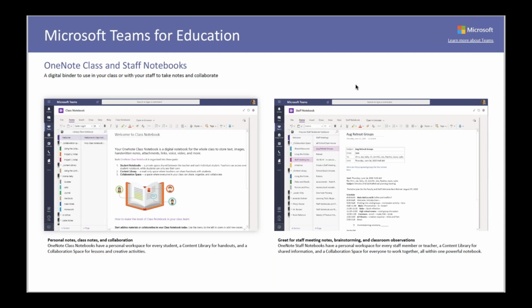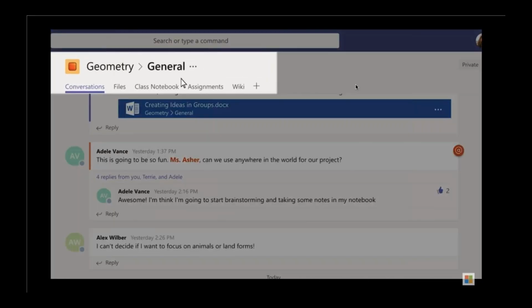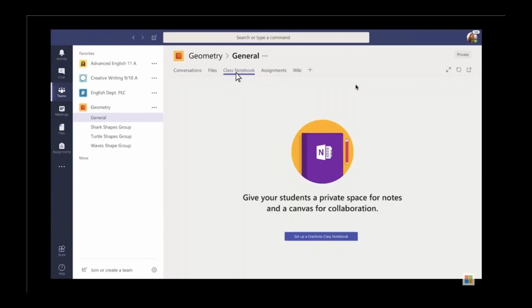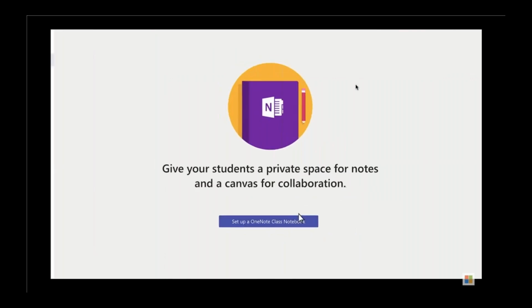Students can access, alter, and collaborate within this environment and save and create personalised work in their own notebooks. They can use their own personal notebook as a private space, which can be shared with the teacher and individual student as well. Here, you can see class notebooks being created within a general task. I'm going to show you setup and examples of how this would look within an education setting.